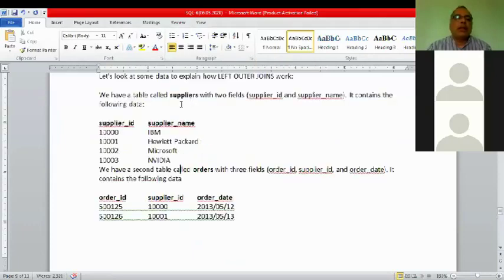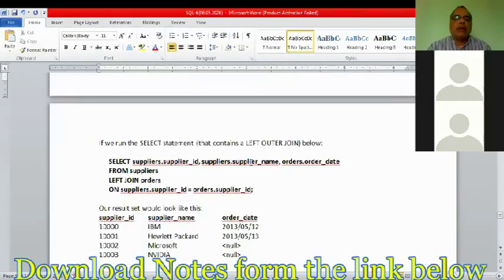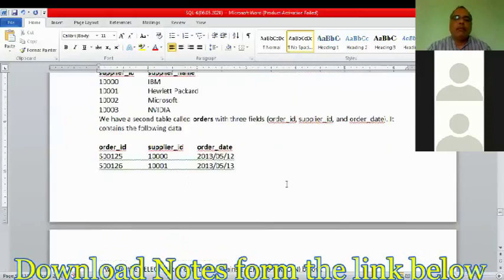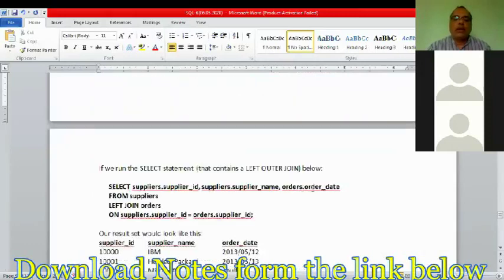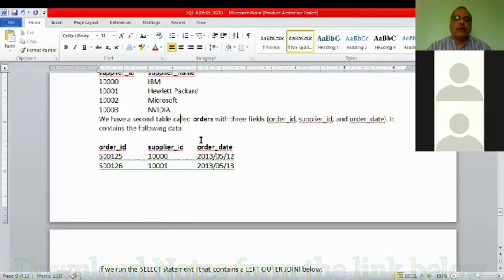So from the supplier table, we are taking supplier ID. Suppliers or supplier name. From supplier table, we are taking supplier name. Then orders dot order date. We are taking order date from orders table. Order date from orders table.